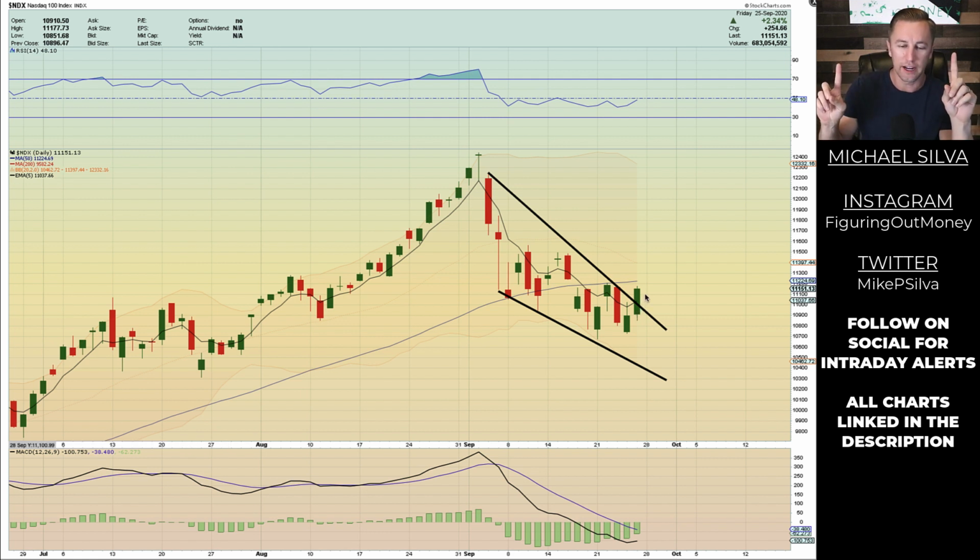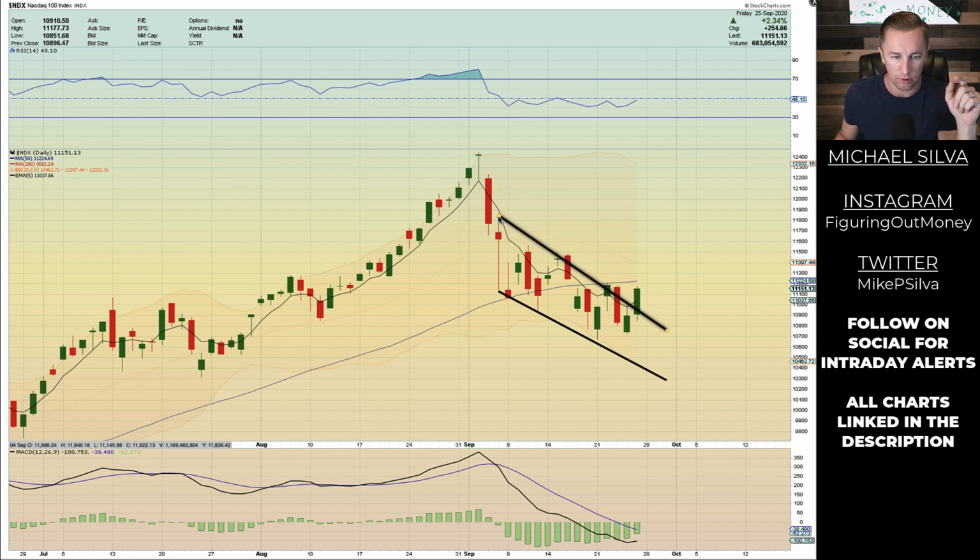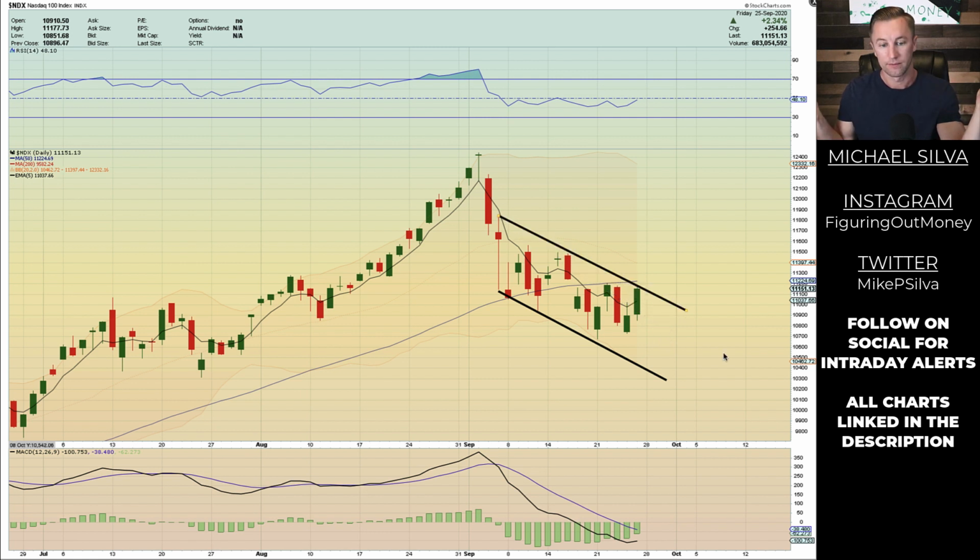But this is where it gets kind of interesting. Watch what happens when I just redraw this a little bit. What happens if I actually put the line right here and then reconnect it from this level? Now we just have a down channel and we don't have a breakout. And not only do we have this trend line going downwards, it's in confluence right here with the 50 period moving average. And then you have the 20 period. It's very hard to see, but it's in the middle of the Bollinger Bands, right where my mouse is, sloping down. And if I do this, it's a perfect down channel.